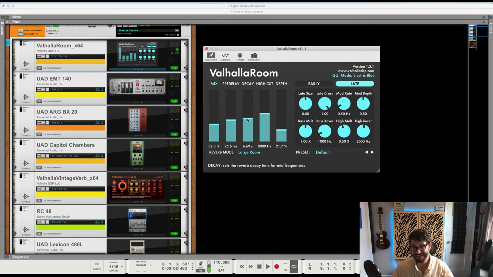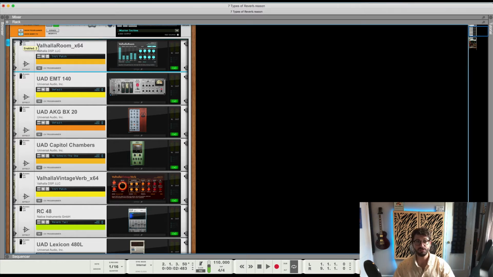And the longer decay, that was way too long. But basically, room reverb should be imperceptible to the ear. It should just sort of feel like something built into the track. And you're just doing it to enhance the glue, the cohesiveness, create a sense of space and place. And also,